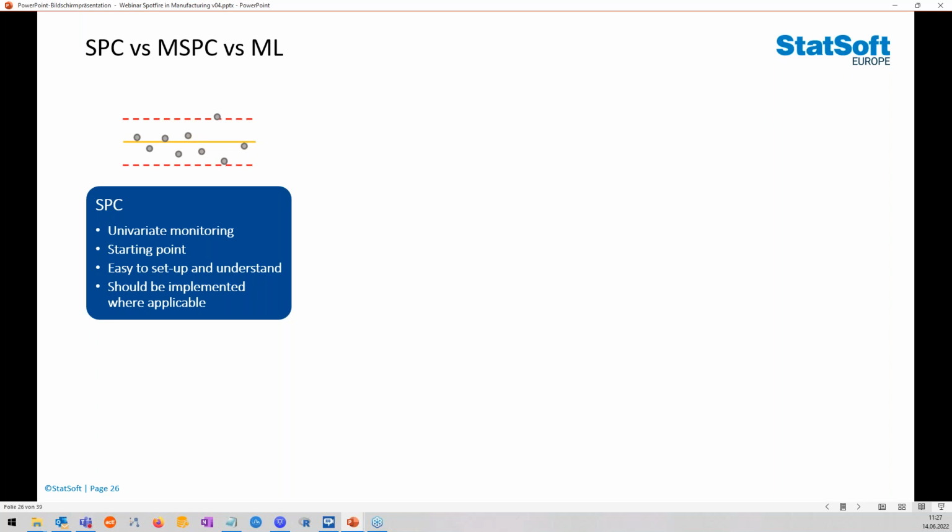If you explain it like this, it all starts with SPC, which is a monitoring method to monitor your manufacturing data over time. What you're doing is that you take, let's say, sensor readings or quality measurements, and you plot them over time.